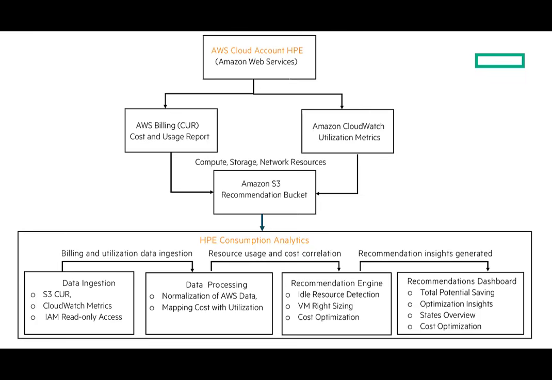In this example, we are using Amazon Web Services, although similar integrations are supported for Microsoft Azure and Google Cloud Platform. Within AWS, cost and usage reports are configured in the AWS billing service and delivered to an Amazon S3 bucket. At the same time, infrastructure utilization metrics such as CPU, memory, and network activities are collected from Amazon CloudWatch. The AWS account is then configured as a data source in HPE Consumption Analytics using secure credentials with the included